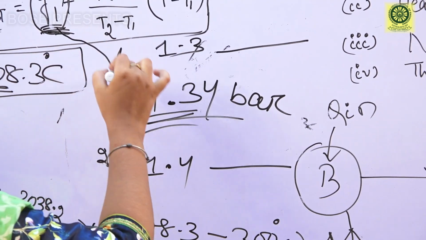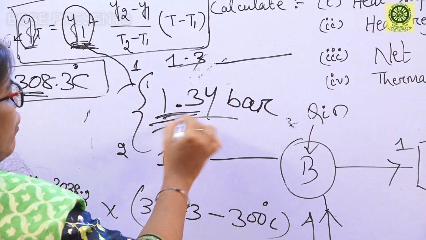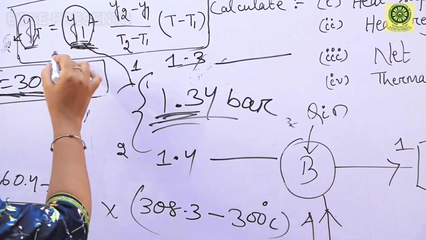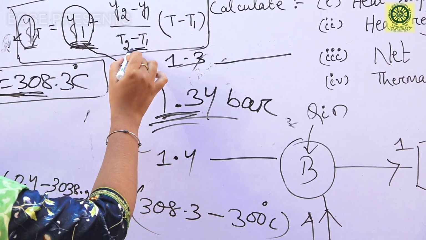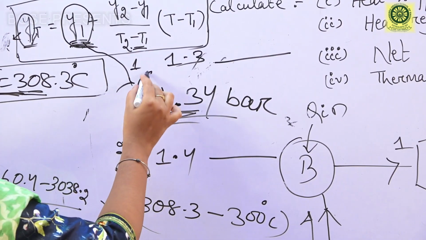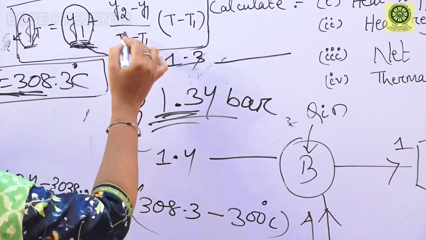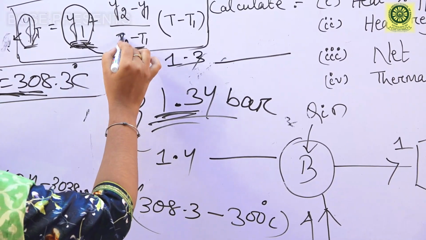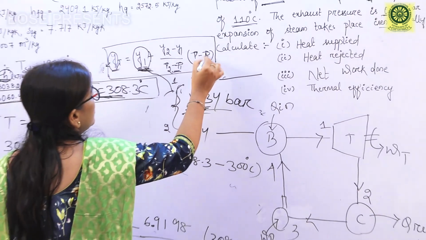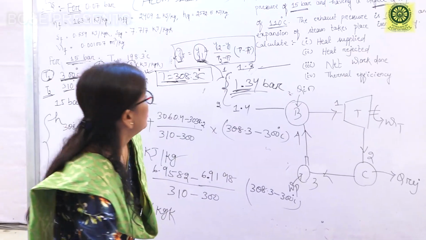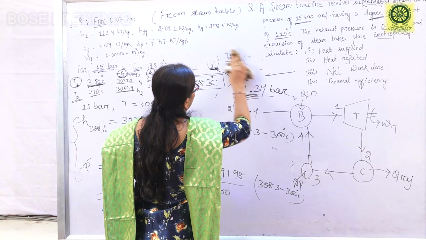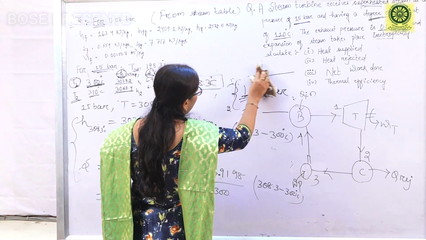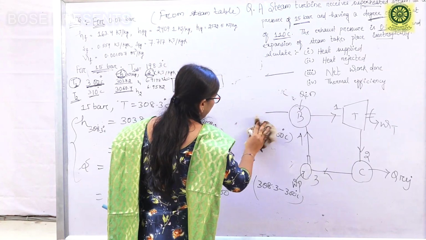Then apply this formula and you can find out for this value. So here my temperature is known, that's why I have given in terms of temperature. If your pressure is known, then in place of temperature you can apply P2, P1, and this will be just pressure. Okay. So this is very important. In case the value is not a fraction in your steam table, then you can easily find it out by using the interpolation method.